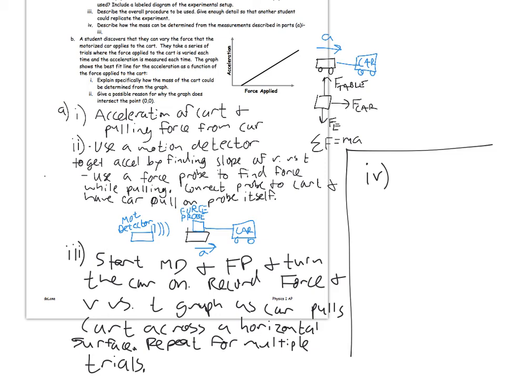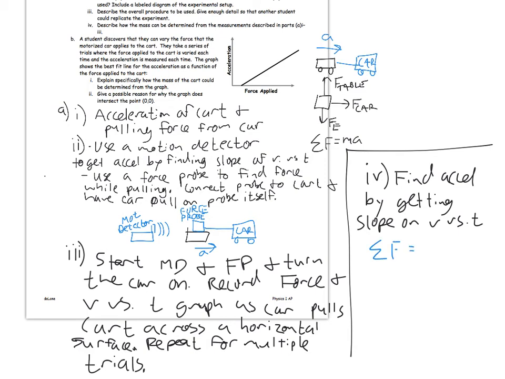This section can kind of be a blend of equations and words. So the first thing I would do is find the acceleration by getting the slope on the velocity versus time graph. Next, I have my F equals ma. Sum of the forces equals ma. So thinking about the forces acting on it, it's just going to be the force of the car is equal to the mass times the acceleration. So I'm going to use this equation